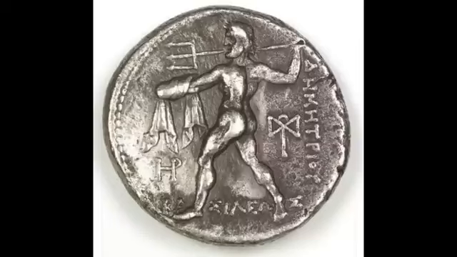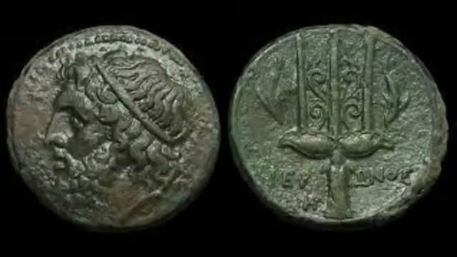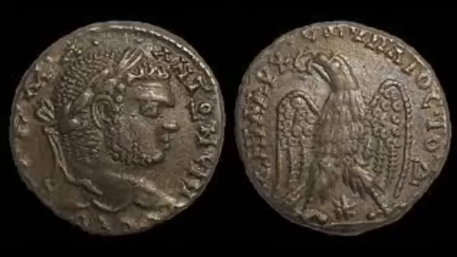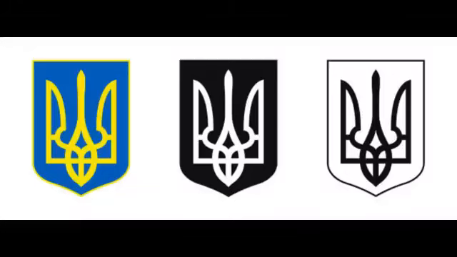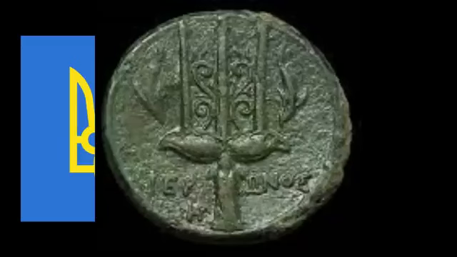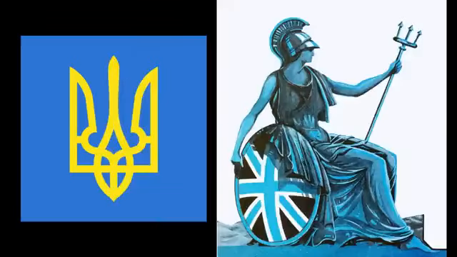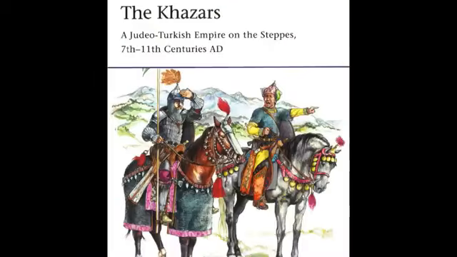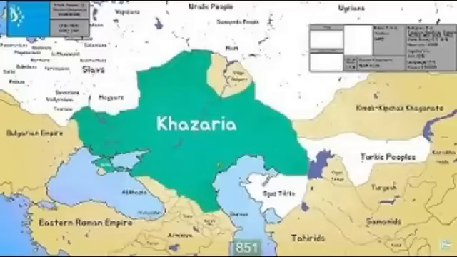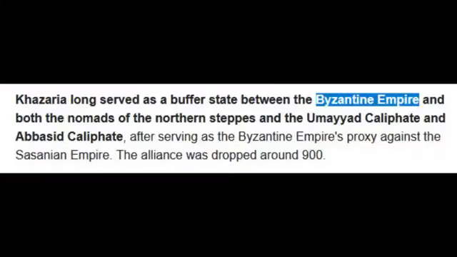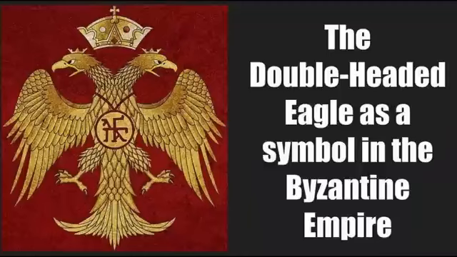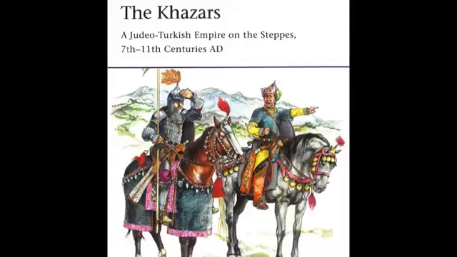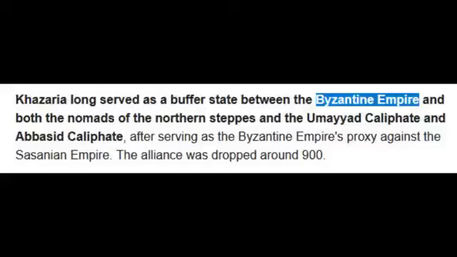On old Roman coins, the trident appeared on the coins when an eagle wasn't being displayed. And of course, we have Ukraine with the trident symbology now. And they are working very closely with the USA and the UK and the EU. Ukraine, which was once called Khazaria, and the Khazars, who teamed up with the Byzantine Empire, who were the Eastern Roman Empire. An alliance with Rome, which first began, it says here, in the early 7th century, fighting together in wars, yeah? Khazars, at some point also converted to Judaism.